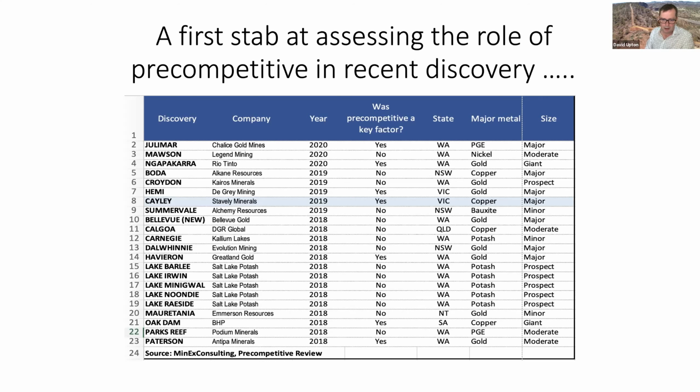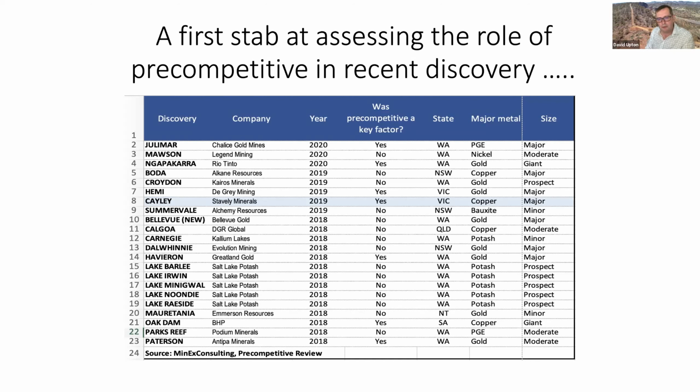It was there because of Thursday's Gossan, but until we get some reserve numbers out of Cayley, it doesn't come into his contemporary discoveries list, but that'll happen. So I looked at this. I looked at the list of 2018 to 2020, and if you look at that, and this is my call, it might be controversial and it'll probably be debated, but hey, I'm allowed to editorialize, so I'm going to do it.